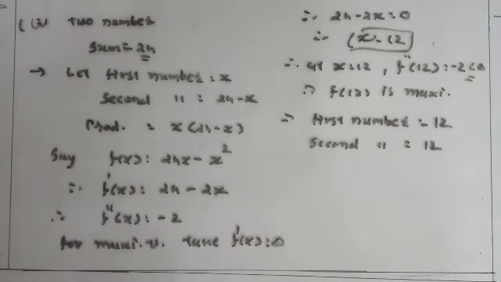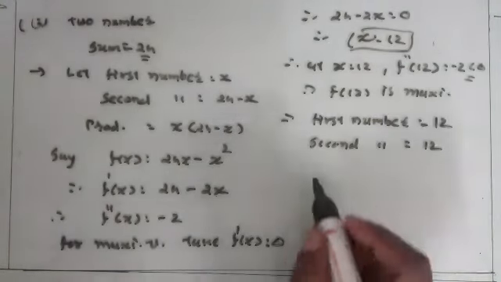In this type of question, the sum is given, then first suppose this is the first number x. From this sum and the first number get the second number. Here the condition given is product maximum. So take a product function. f(x) is equal to x into 24 minus x. Get the first derivative, second derivative. From the first derivative comparing with 0, we get the value of x. Put in the second derivative, and for which value of x f''(x) becomes less than 0, get this number. This becomes the first number, and from the sum get the second number.